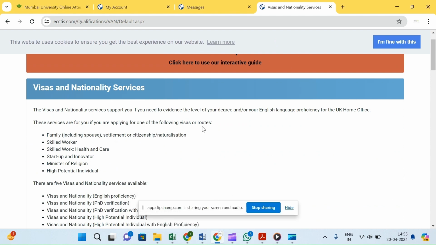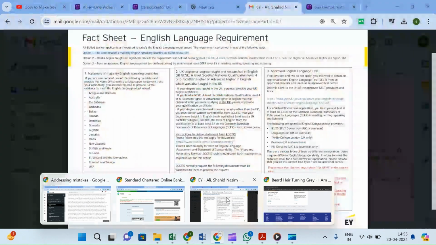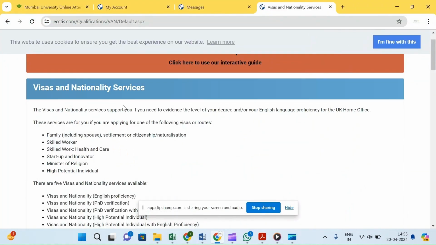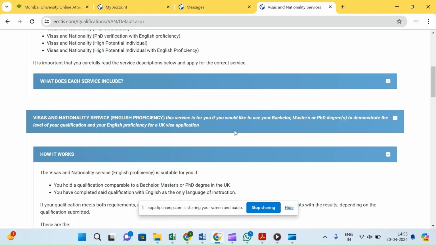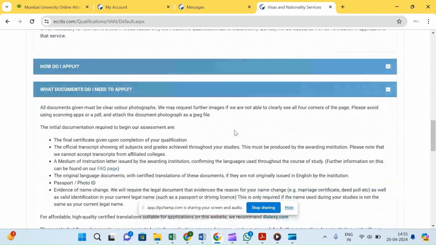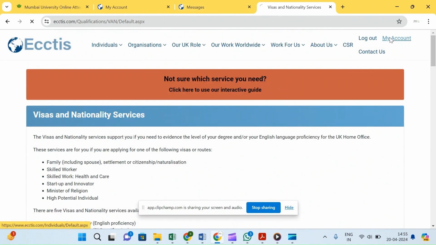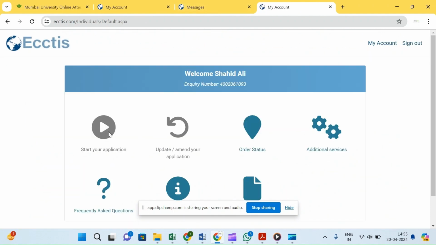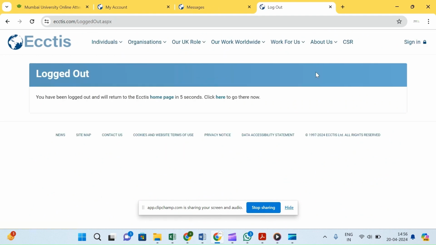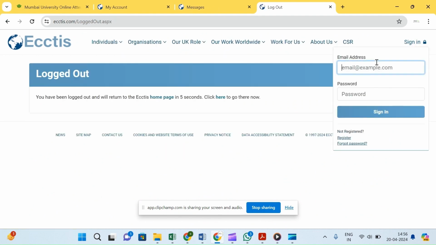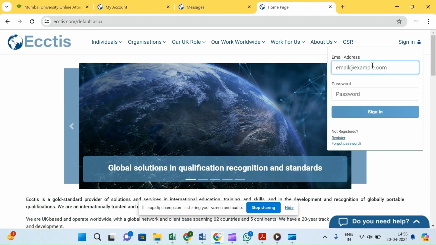So for this, wait a minute, give me one minute. Yes, this is my account, so I have to start the application. I'm just going to sign in. I have just created an anonymous account, Instant Access Intelligence.